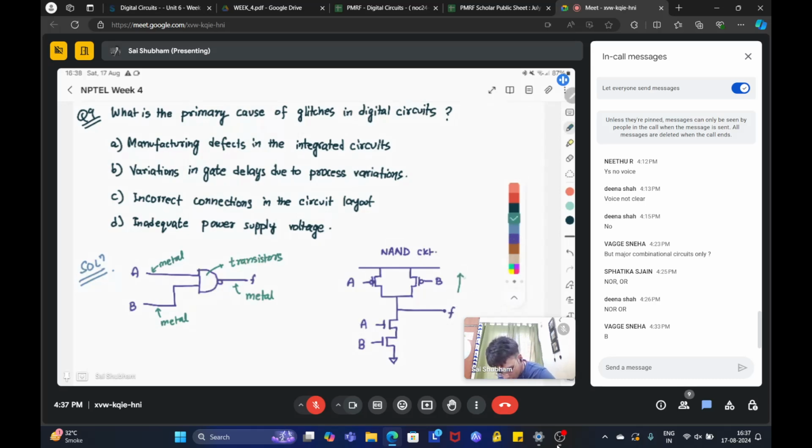This is what you call the pull-up circuit. This is what we call the pull-down circuit. The reason it is called pull-up circuit is that the above part is responsible for bringing that F from 0 to 1. Similarly, the below part is responsible for bringing the output value from 1 to 0. Fine. So what are the different kinds of defects we are talking about? So the possibility is that